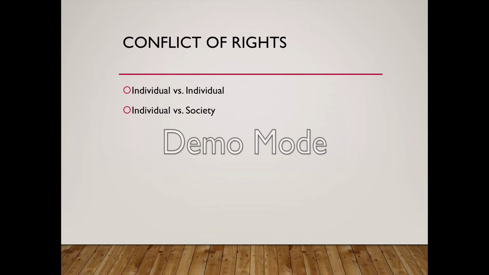But there are also rights of the individual that overlap with rights of society, right? So does the individual's right somehow contradict the state's interest in keeping order or in the good of society? And so this is another one of those places where we spend a lot of time thinking through the appropriate limits of individual rights versus the appropriate limits of the rights of society. And we'll talk a lot about that when we talk about the Fourth Amendment, because we're going to spend a lot of time talking about search and seizure and the rights of the accused.